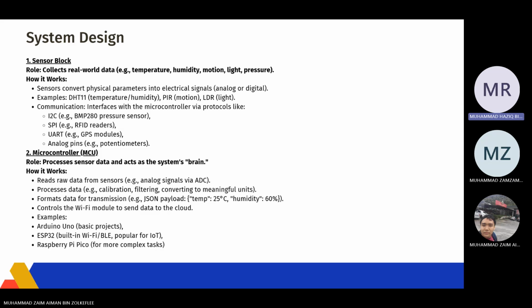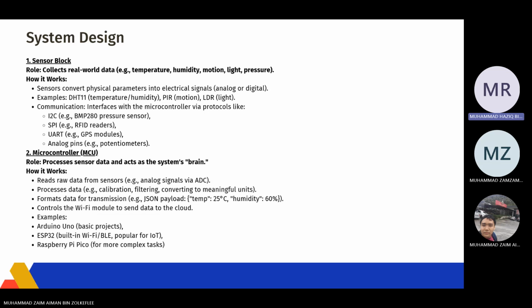Okay, so the role for the sensor block is to collect real world data, which is temperature, humidity, motion, light and pressure. How does it work? The sensor converts a physical parameter into an electrical signal, which is analog or digital. For example, the DHT11 for temperature and humidity, and PIR and LDR. LDR is for light, and PIR is for motion. The communication interfaces with the microcontroller via protocols like I2C, SPI,